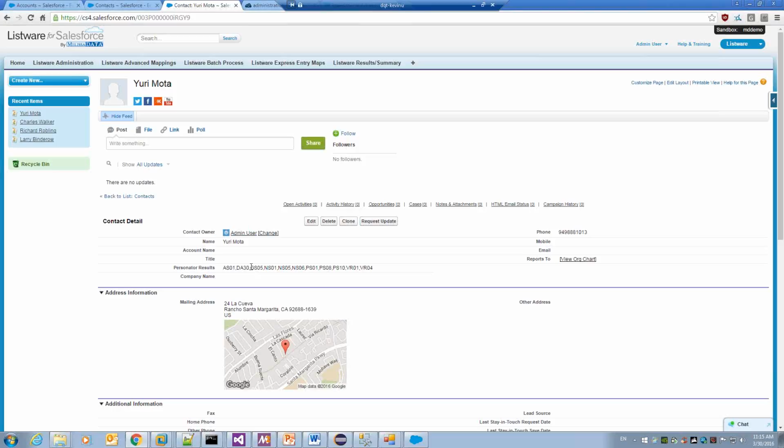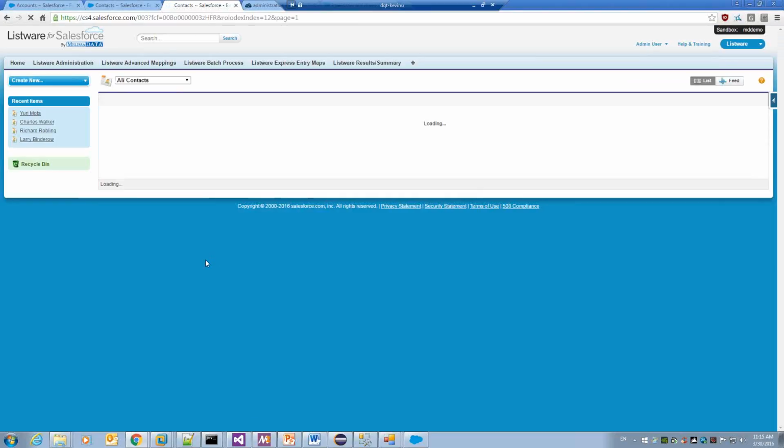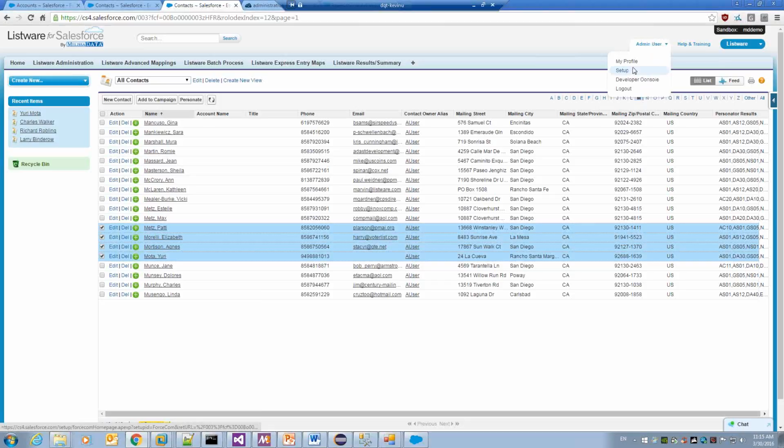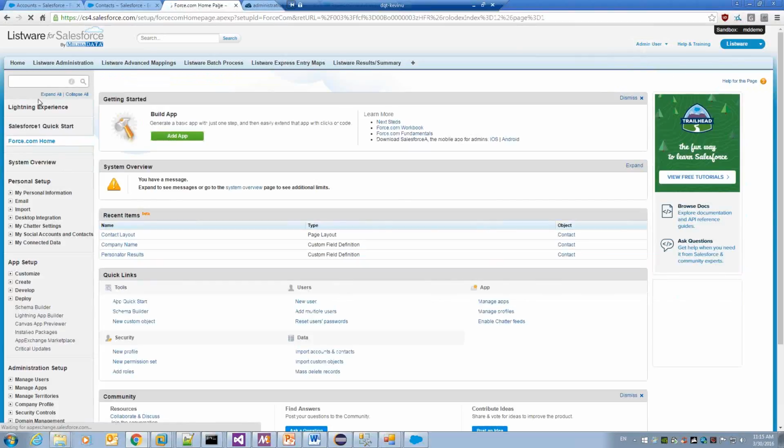So what you just saw there was me processing a record using list view. If I go back to list view again, we could obviously select multiple records of your choosing and then process them through. So that's through the list view. That's how you process records through the list view. Let me change how we view the records a bit. So if you go to, I want to customize my